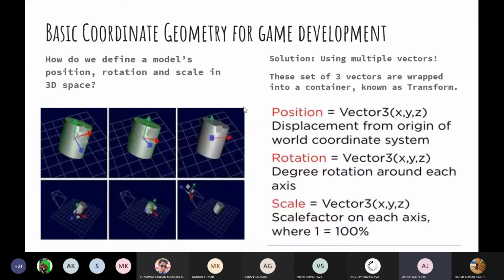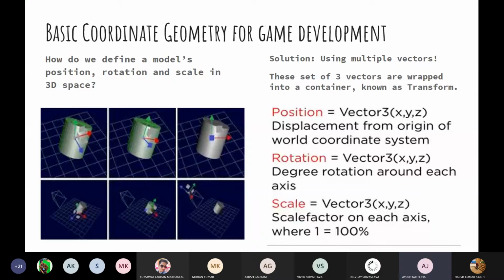Now, when we place a model in the space, it has three different parameters. One is the position, one is the rotation, and one is the scale. Position means where it is located with respect to the x, y, and z axes. Rotation means how much it is rotated. For example, this is a cylinder, and a cylinder has three axes of its own.